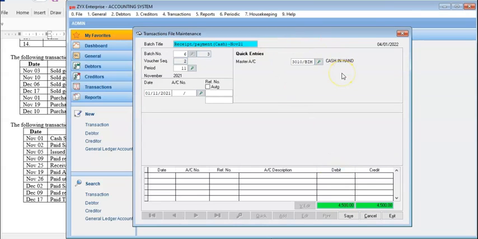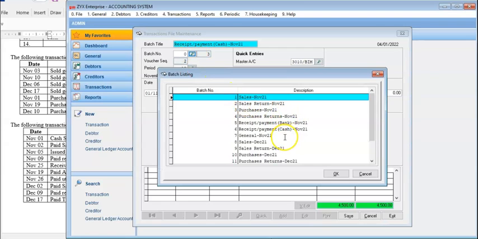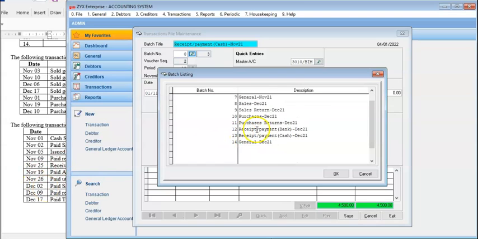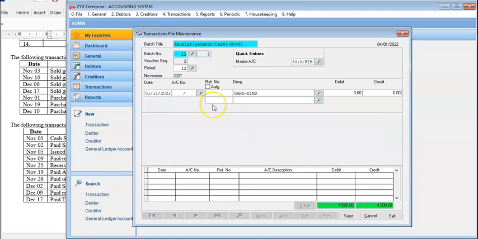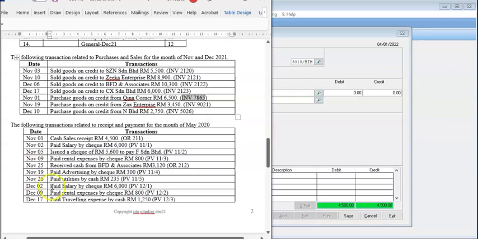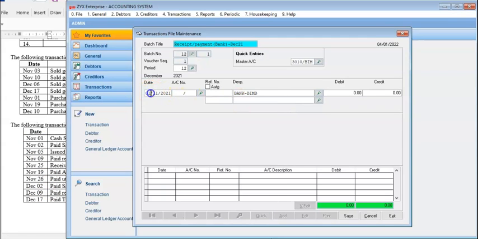So the master account BIMB, but the batch we need for December bank. Okay, December bank. Okay, number 12. I click OK. Okay, number 12, the period number 12. The transaction is on December 2nd. So December 2nd,